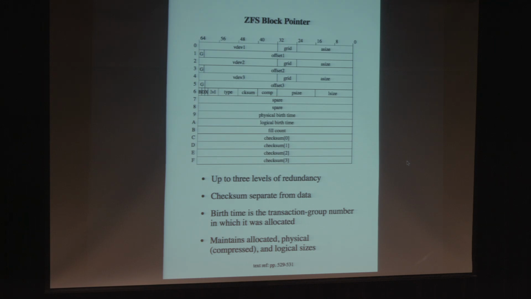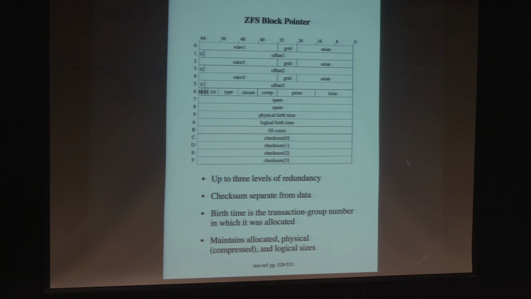We then have a whole bunch of things. The checksum algorithm we're using, the compression algorithm that we're using. There's the physical size of the block and the actual size and the logical size. And the sizes can be different if it's compressed versus when it's uncompressed. And on disk, it may not actually manage to all fit in a contiguous chunk. And so there may be essentially a little block at the front that tells where the other pieces are. And so again, the actual size that's out on disk could be a little bit bigger, and it also may have RAID checksum blocks associated with it as well.